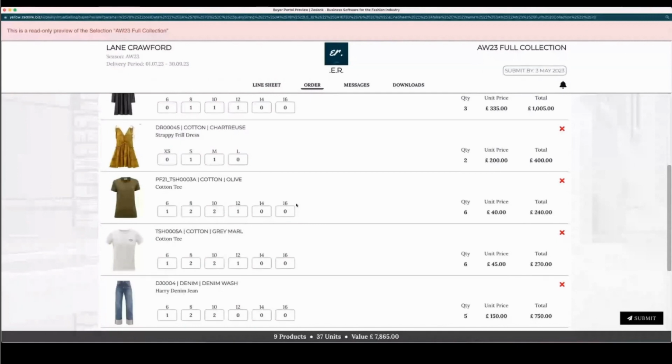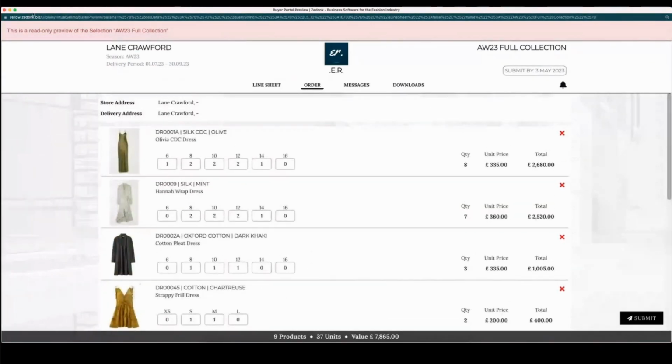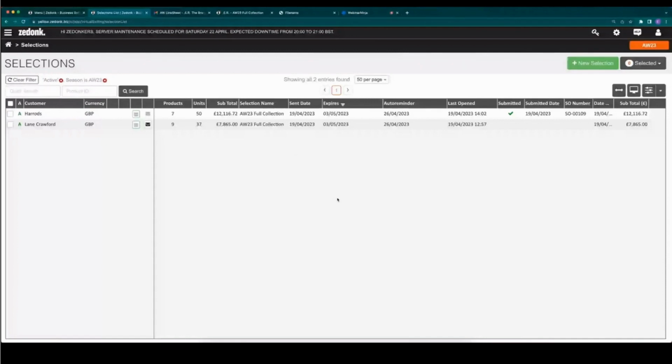It's a good way for you to measure perhaps how they're doing versus the OTB, but also you might even have introduced certain things within the collection that were for specific regions or specific buyers, and maybe they didn't select it or they haven't so far. It may be a good indication for you to give them a nudge. You can even send them a message through the portal should you want to, or just reach out to them to see how they're going. So it's a really nice way to have more visibility rather than sending out that portal and then not knowing what's coming through until the actual date of submission. So when this order is then quantified by Lane Crawford, it would then be submitted and would get an SO number there.